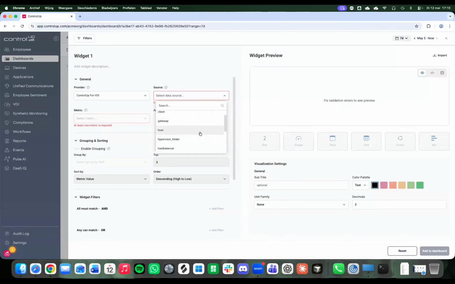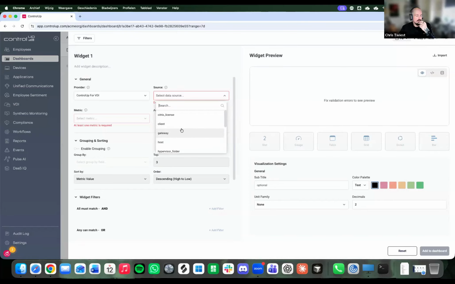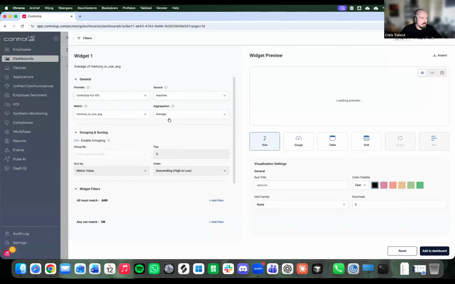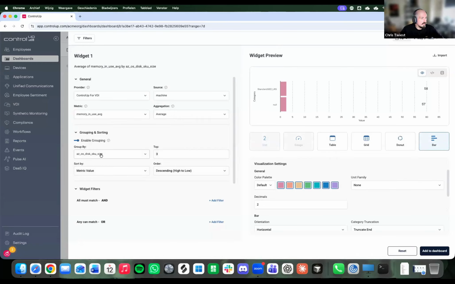So yeah, we have a lot of tables now in here. We have like Netscaler, we have Citrix licensing, we have hosts, we have sessions. I see someone already asked now, can you show average RAM usage per machine dashboard in VDI? Yes, you can. We can go to machine, we can go to memory, and I think it's memory in use average, and we can group that.